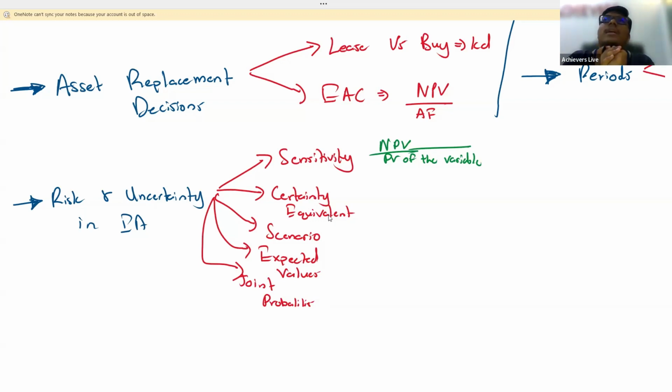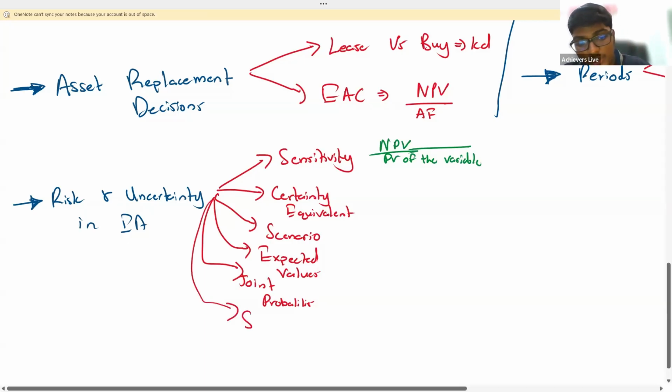Next, you have to know what are the advantages and disadvantages of expected values. One is it gives you one number, easy to understand, simple calculation, all of that. Disadvantages, probabilities are subjective. Whatever expected value might not correspond to any actual outcome. Next, it ignores the risk appetite. Next thing is what? Simulation.